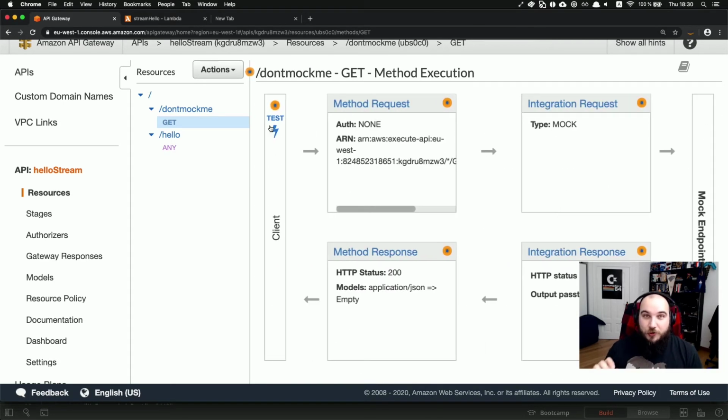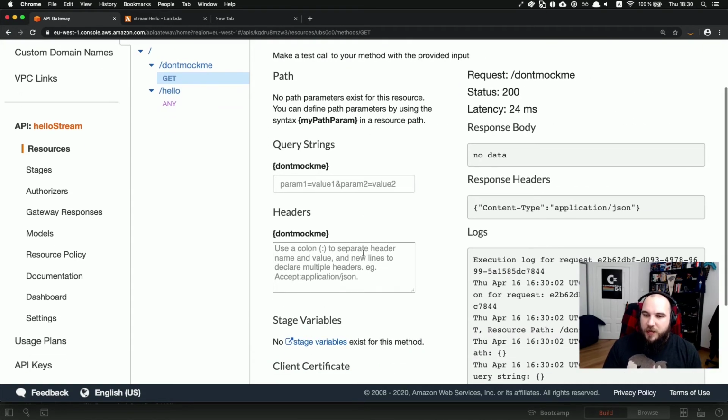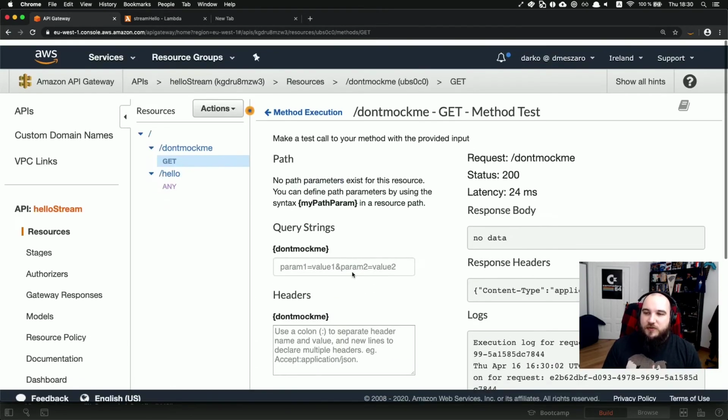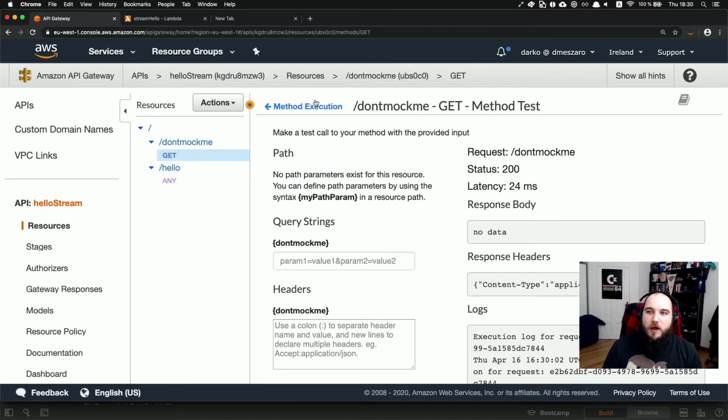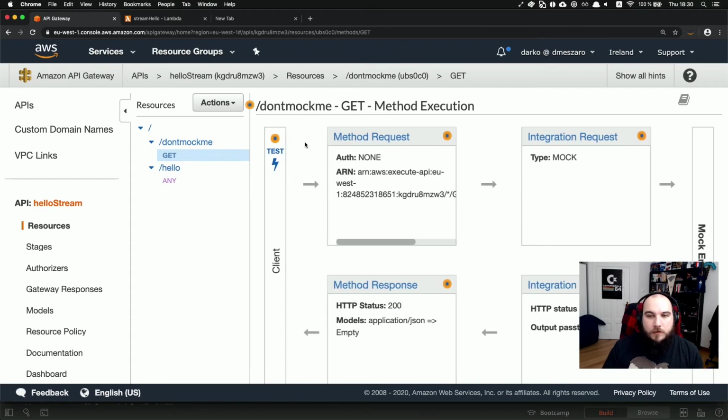Also, this I haven't showed before. This is the test button. If you start developing Lambda functions and tests and APIs, this will be the way you get your initial tests. You get a lot of information back. So you will be using this a lot because you can define parameters, headers, request bodies, etc. You can do it all here and pass it on. So going back,